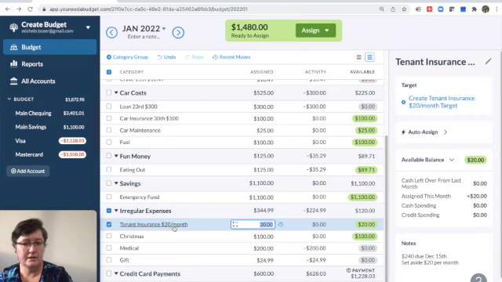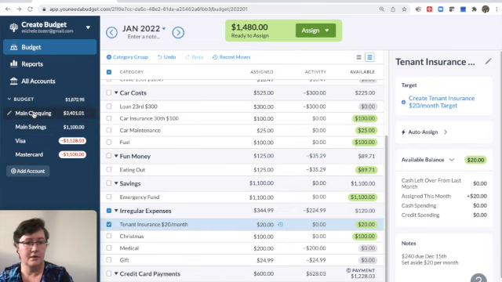The other thing that you can do is we can create that recurring transaction. We can actually set up that annual transaction, and it becomes a bit of a buffer as well to help remind us that we have to do this tenant insurance. So if for some reason we get off track and it gets closer and it's in the month of December, that scheduled transaction will tell us, hey, you have to pay this $240. You don't have enough, budget some more in here.